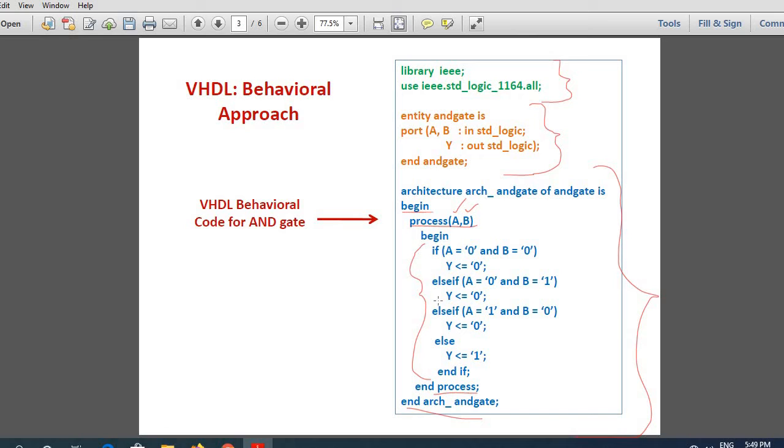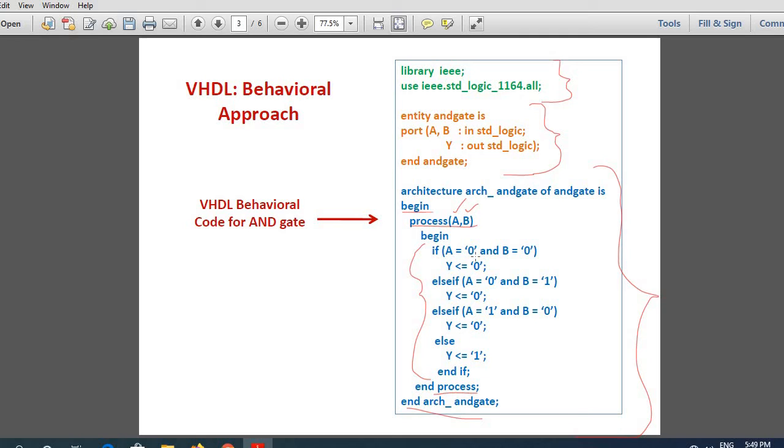In the statements, you need to write the if-else statements. Here I have not given a name for the process, so there is no label. I have no variable declarations either, since I'm not going to use any variable local to this block. In all the programs you are going to see, there are no process labels and no variable declarations. You just have the statements and your sensitivity list.